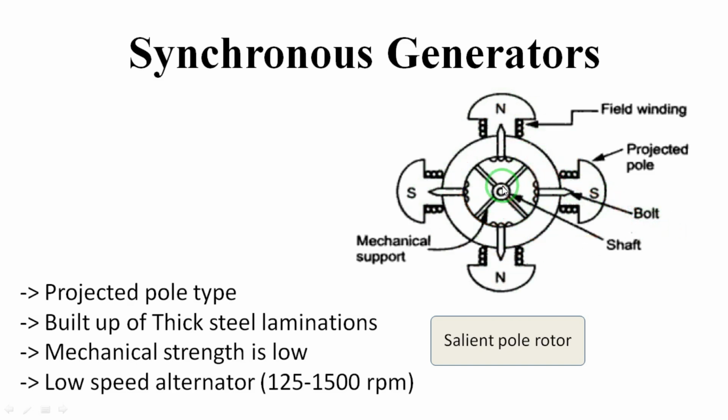The small center circle is called the shaft, and these small circles are called field winding. The winding is constructed from the north pole to the south pole, and again from the north pole to the south pole. Like this, the winding is connected to the four poles. Based on the number of poles, the speed of the generator is different. This will be explained in the next class.